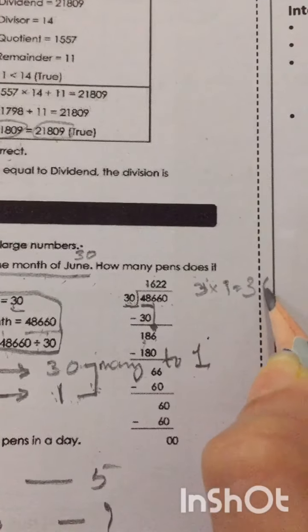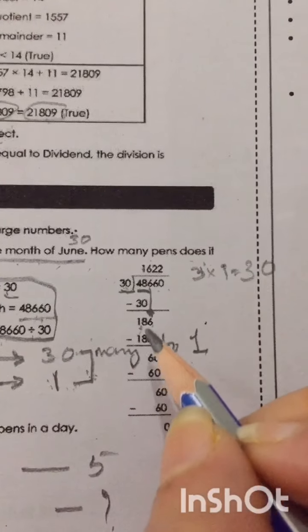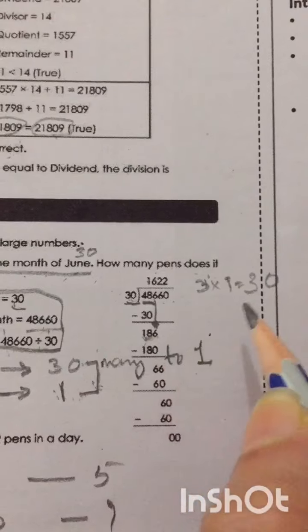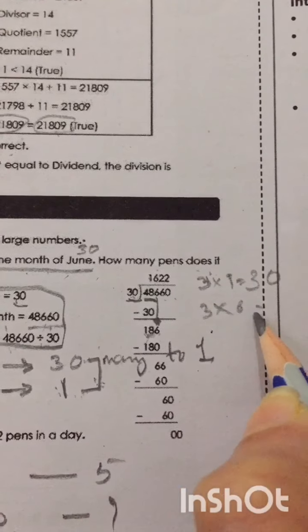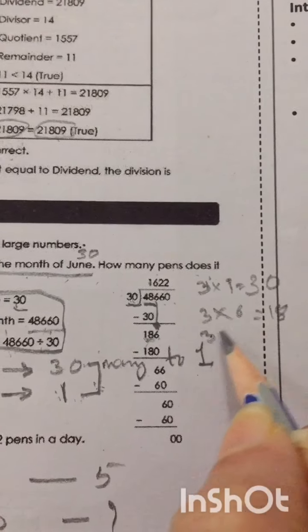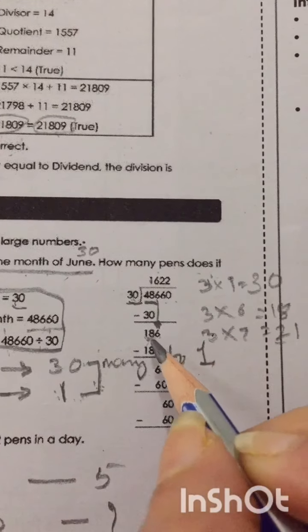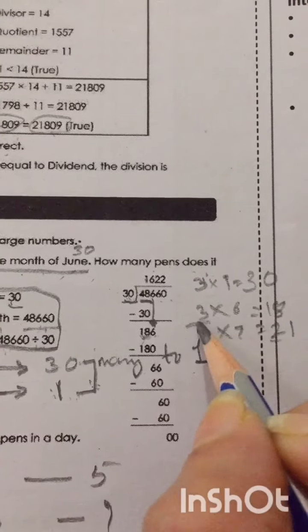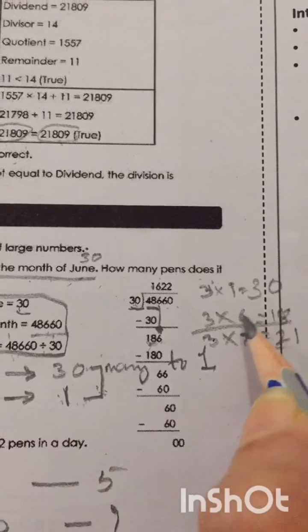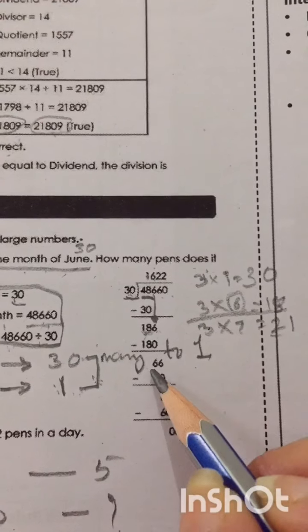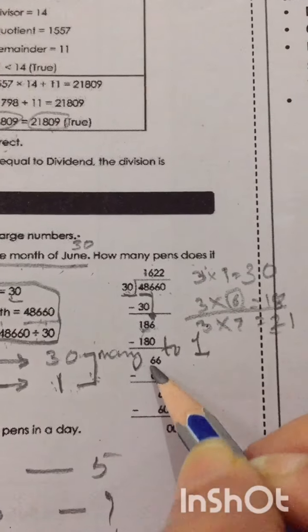That way you can write and just put 10. Okay, so now 18, 6. So 6 3s are 18. You know, 3 7s are 21. So this 86 comes in between here somewhere. So we'll take the lower number. So we take 6 here. 6 3s are 18, so the remainder is 6 here. So 6 is the smaller number.